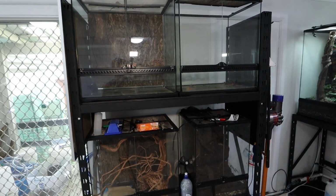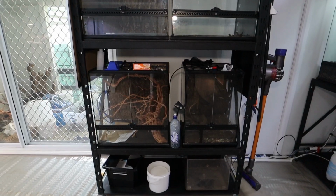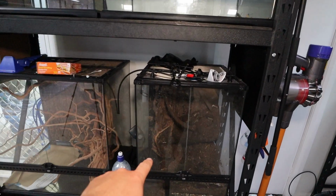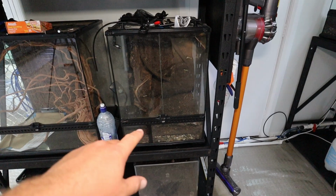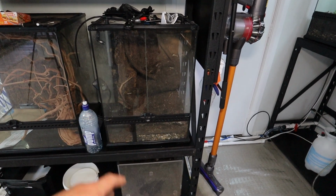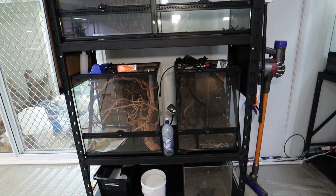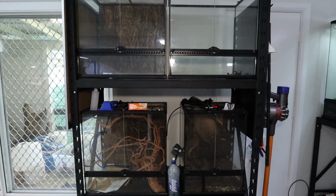I have 2 green tree frogs, which I intend to upgrade and put over here. Still kind of thinking about what I'm going to do with this. I kind of want to get another 60 by 60 to put here so they all match, but then I have a 60 by 45 that I might put here on a bit of a step, which will help to get my vision going for this, where I kind of want to have all of these enclosures plumbed together